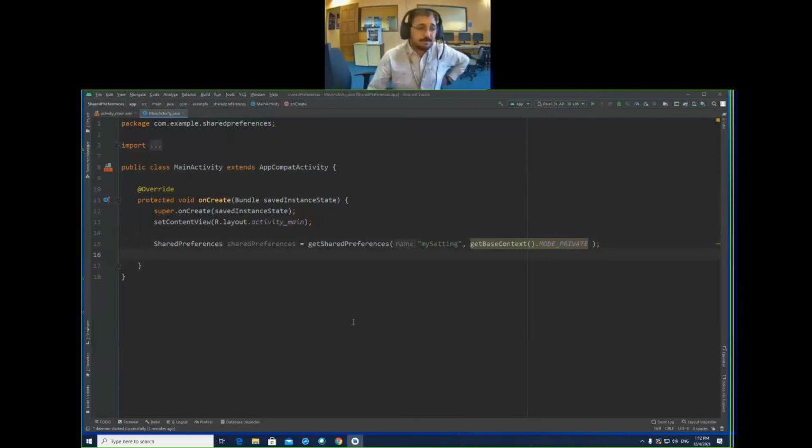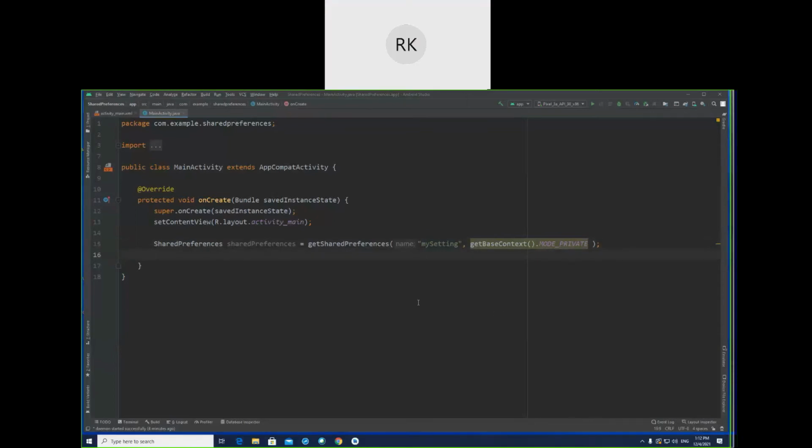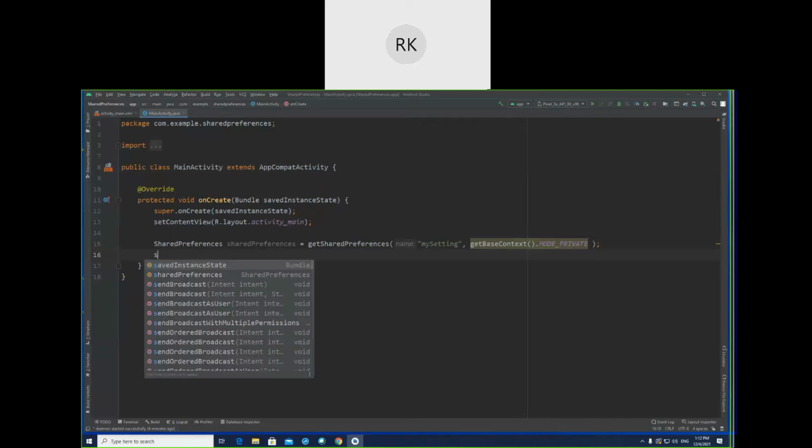Okay, now we will create some values here. This is the file name. Inside this, we can create some values, and those values are mostly in the form of key value pairs. Okay, so how to do that? And that's the key value pair. Mostly it will be like a string,